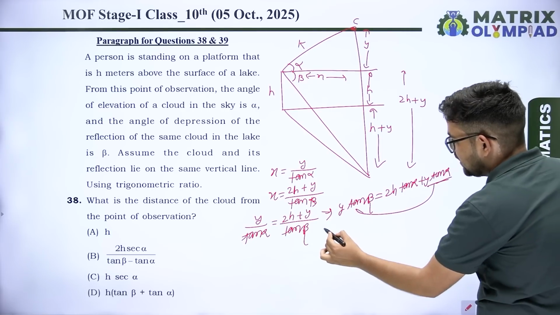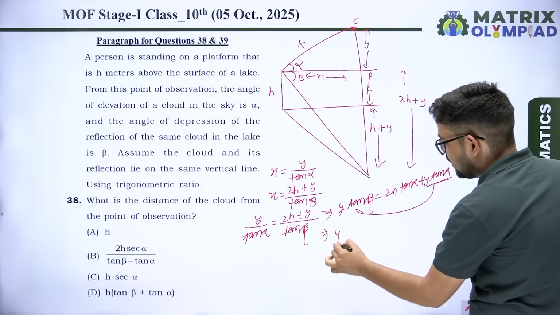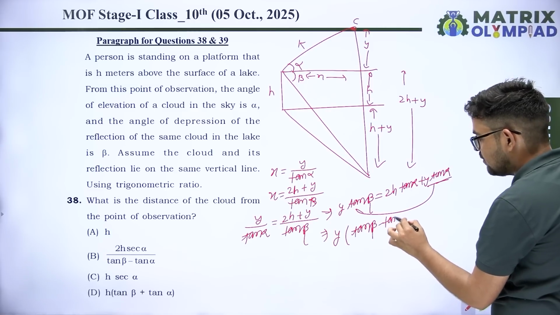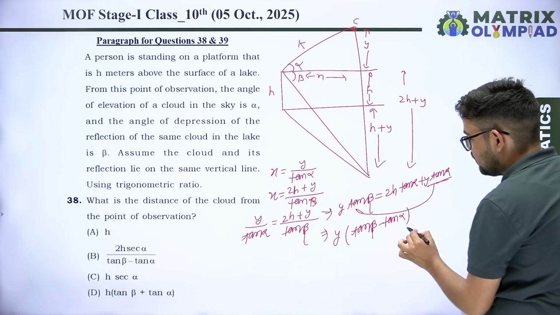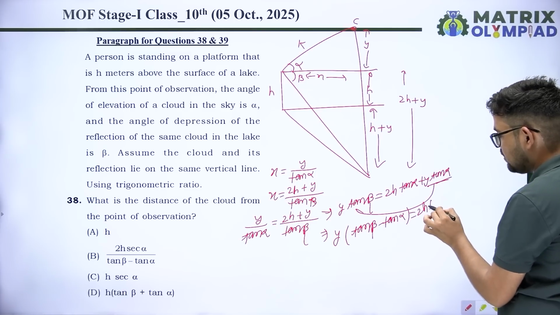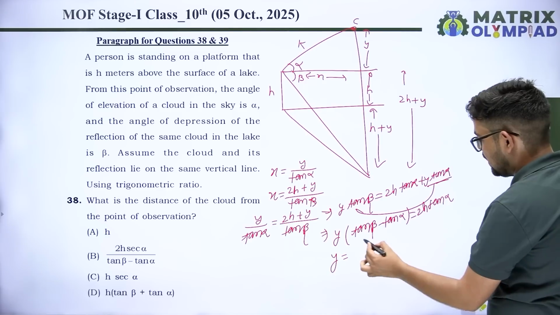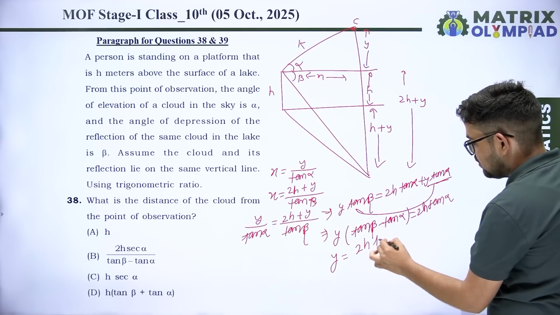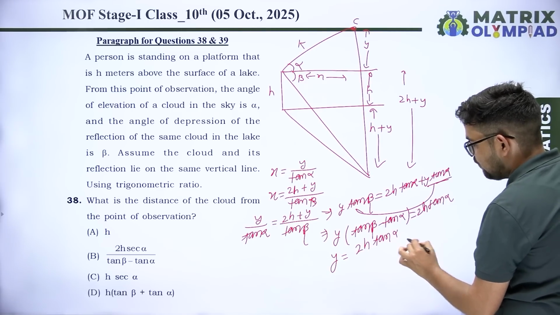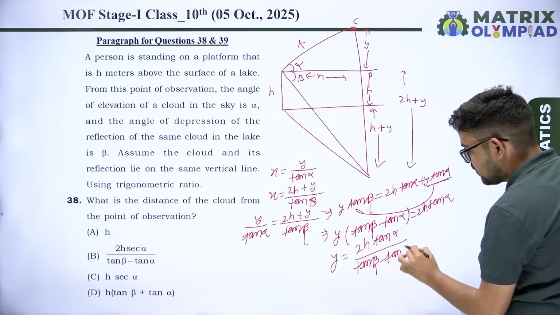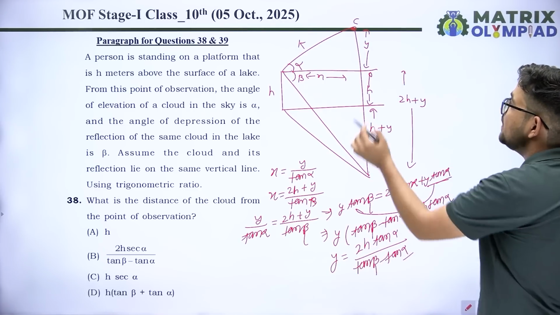ये left hand side में send कर दोगे, y common आ जाएगा, तो y common आने के बाद में हो जाएगा y into tan beta minus tan alpha equal to 2h tan alpha। तो यहाँ से जो y की value होगी वो हो जाएगी आपके पास में 2h tan alpha upon tan beta minus tan alpha। इसका मतलब हमें ये y मिल गया।